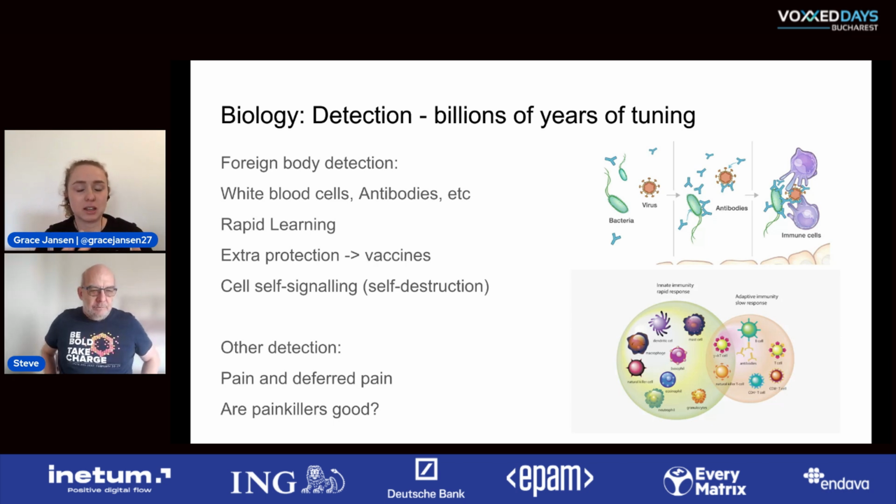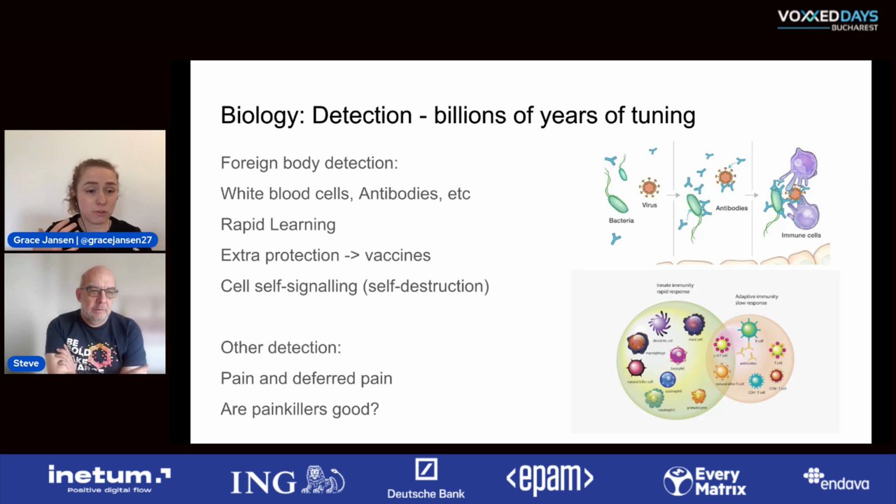Having this adaptive nature lets us rapidly learn what's an infection, what's not meant to be there, what's harmful. Because you've also got to remember, we do still have bacteria inside us and on our skin that's good bacteria, so some of it has to stay. We need to learn the good from the bad and get rid of the bad, so we're rapidly able to learn adaptively as we go.